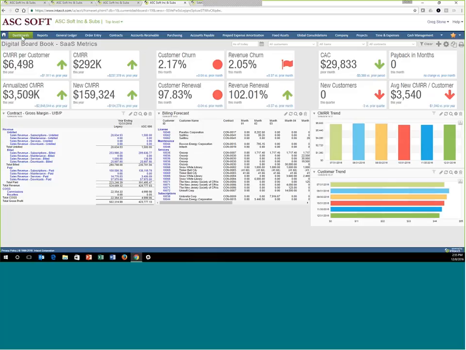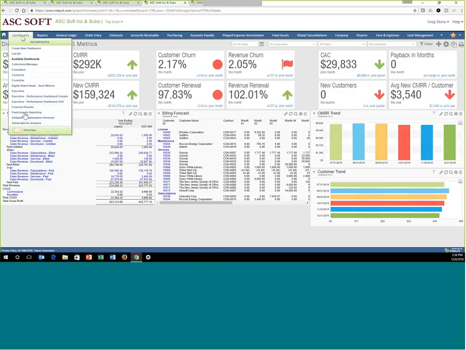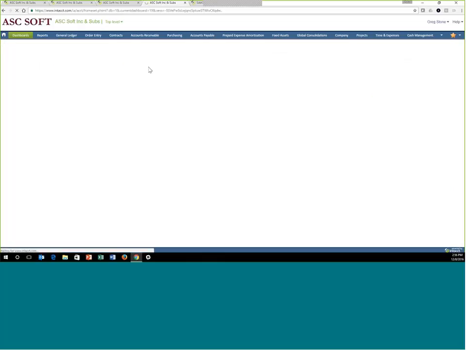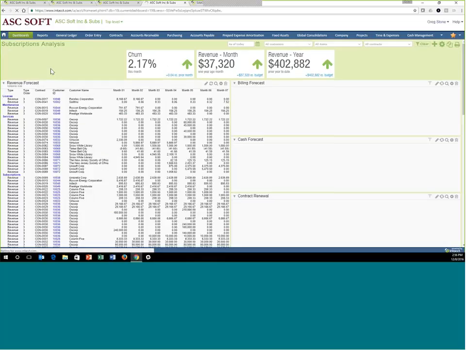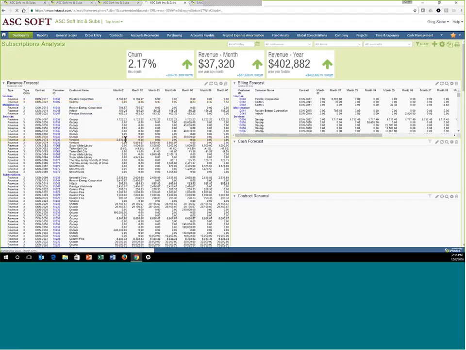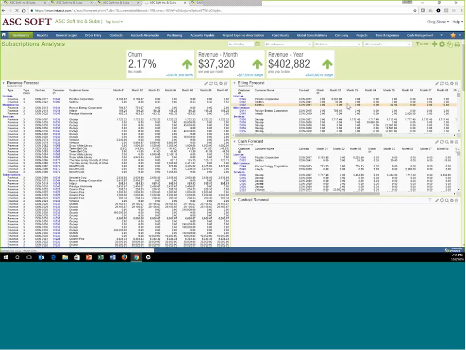single visibility is key. If we take that forecasting piece a little bit further and we take a look at analyzing all of our individual contracts, all those different components can be easily brought together for different levels of insight, and this will also go back to the dimension question we had before. But being able to go ahead and view my revenue forecast, right, tapping into the details of all those individual schedules, being able to see that billing forecast, when am I going to invoice all those different customers and products,